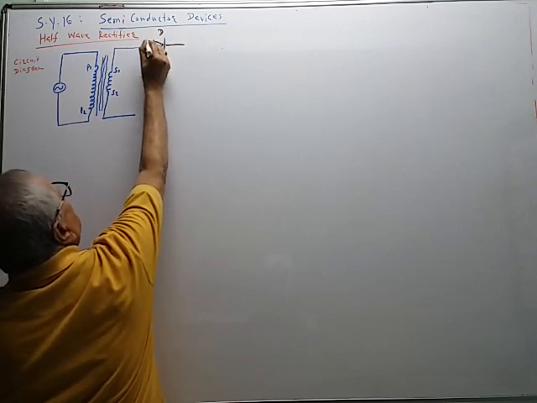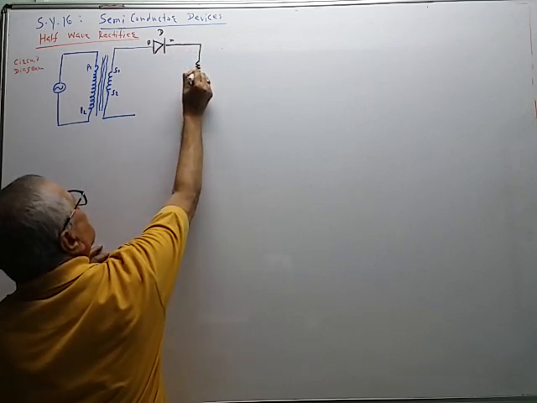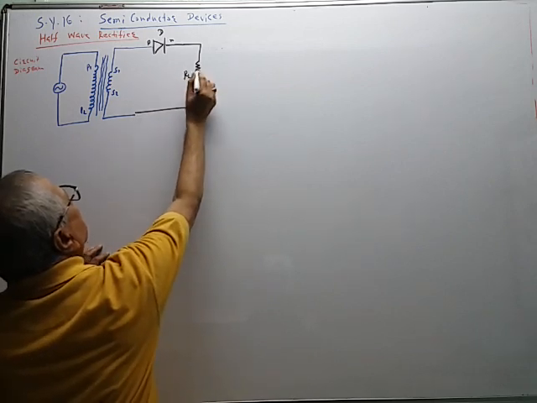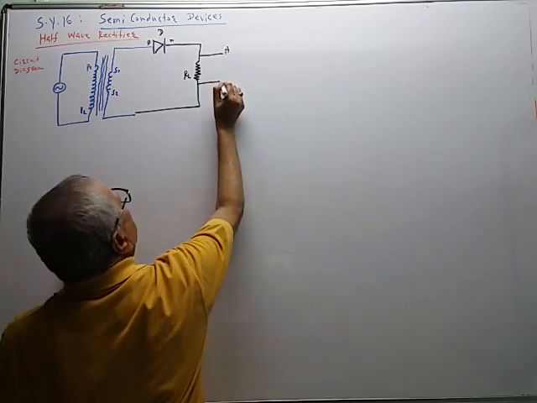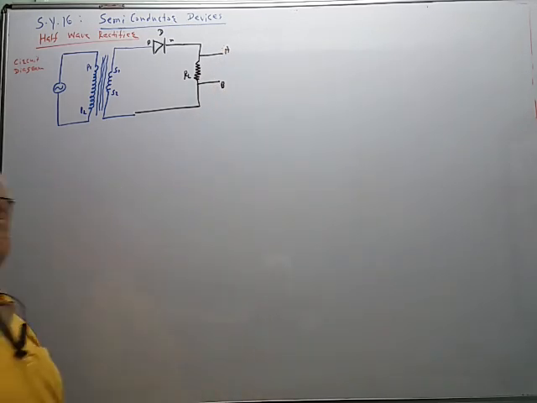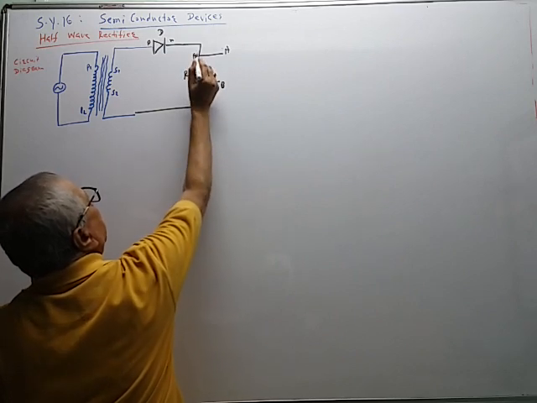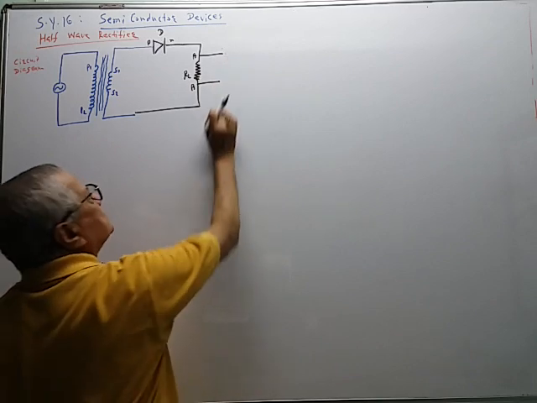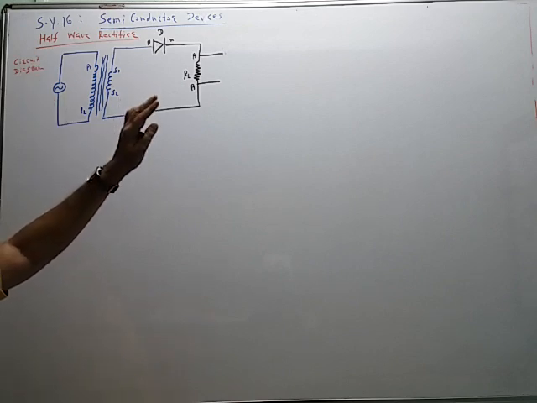This is the P type region. This is the N type region, and here this is the load resistance RL, whose ends are taken like this, end A, end B. So across AB, you can denote this A point, this is B point. Across AB, we get the DC supply. Whether we get DC supply or not, that is the question.